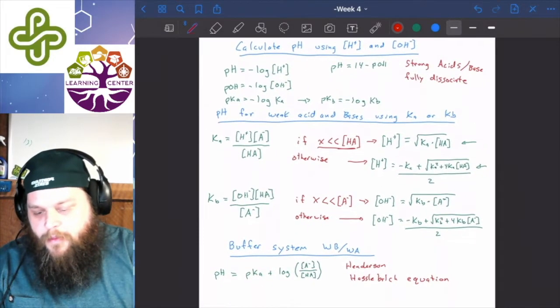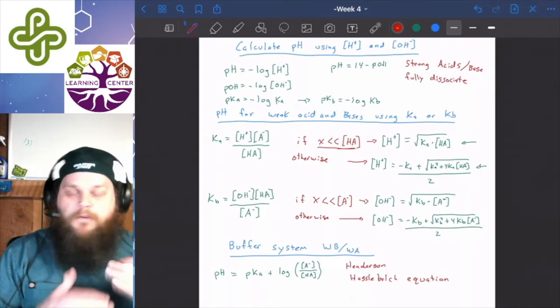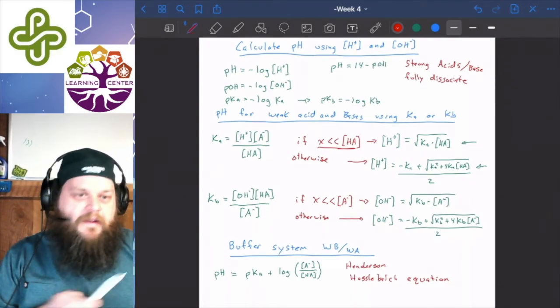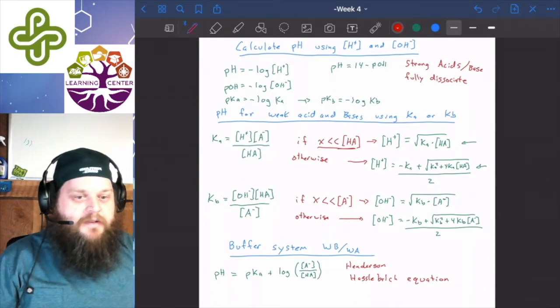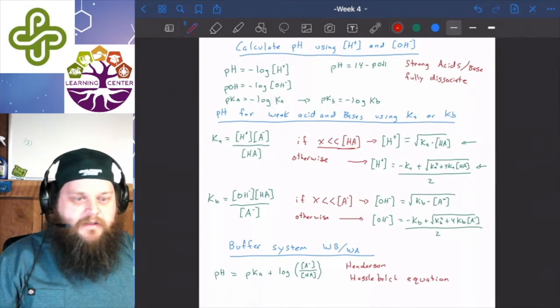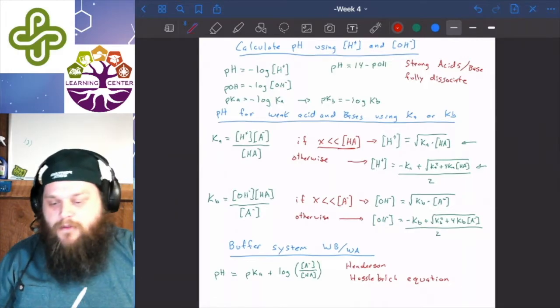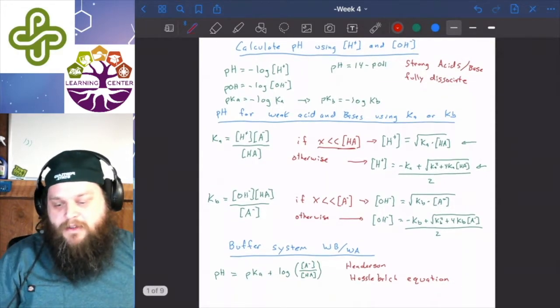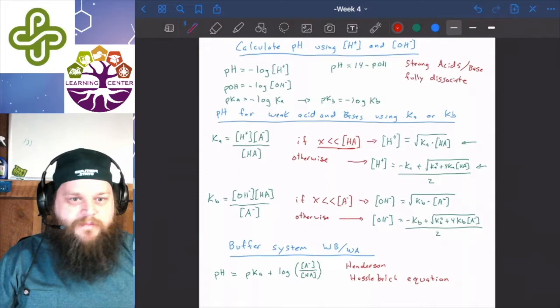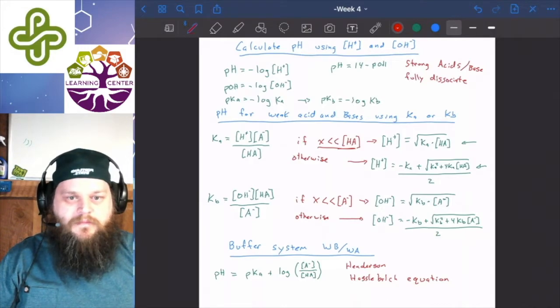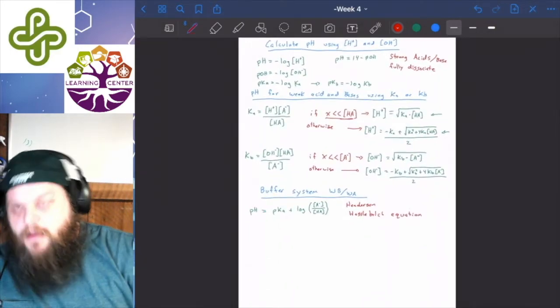And we're going to talk a little bit more about how all of these different types of equations work during the titration process and when to use which one as we go forward for our strong acid, strong base titrations, as well as our weak acid, strong base titrations. Any questions on what I've talked about so far in any of these equations? We're going to dig deeper into the Henderson-Hasselbalch equation when we get to the weak acids. Okay, if there's no questions, I'm going to keep moving on.